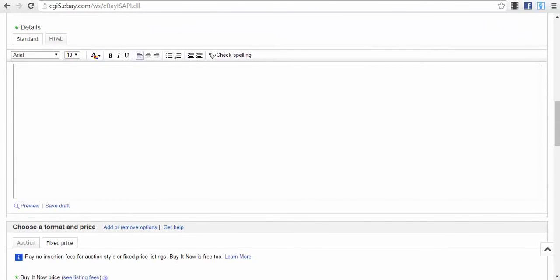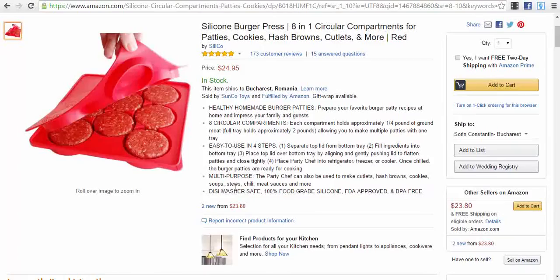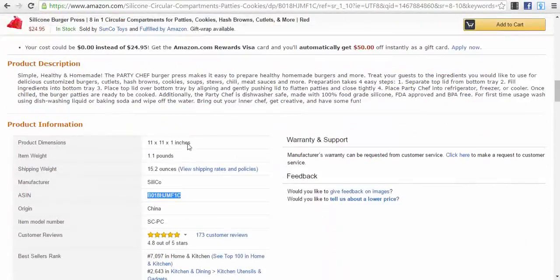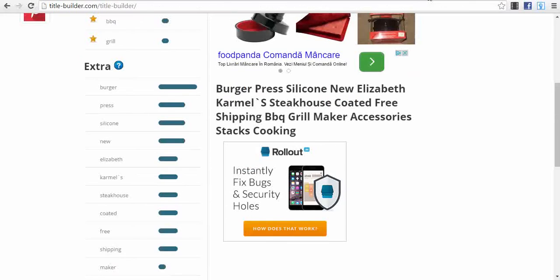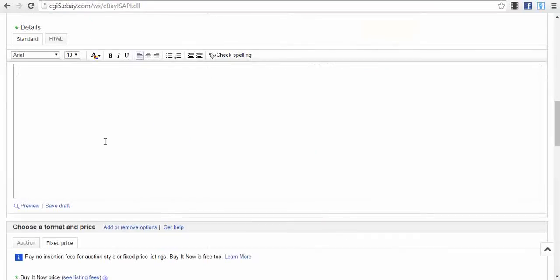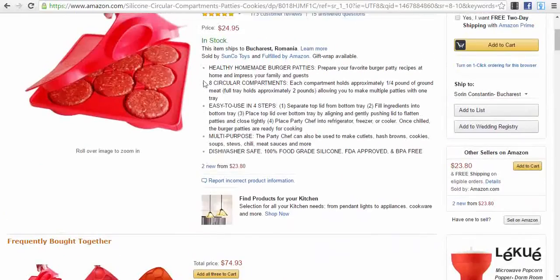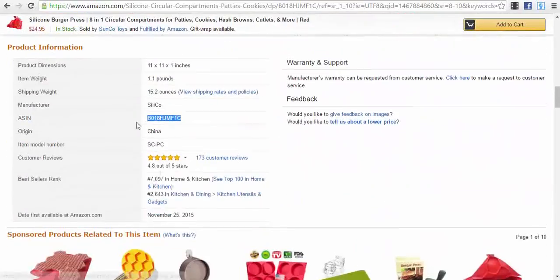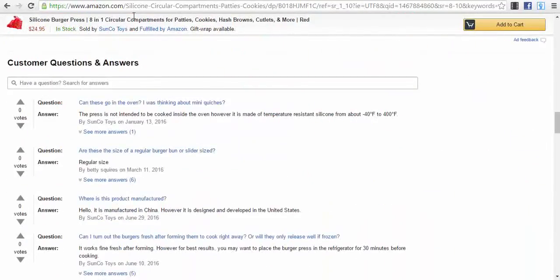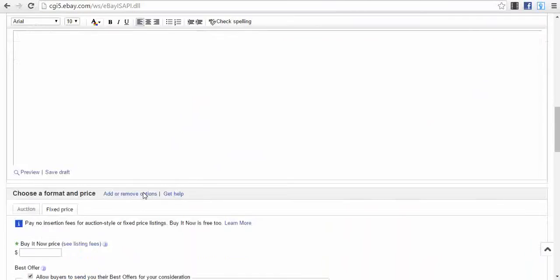And in the details section here, you will copy these things here, okay, the details that you see here. And also if you have other details here, try to optimize this with the keywords that you have here in the title builder, okay. So check the details before and try to integrate these keywords in the description of your product that you create here. And practically you will only copy the details from here and from here if you can, in this part here in the details, and that's about it.